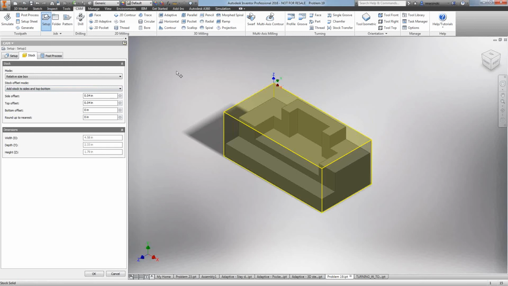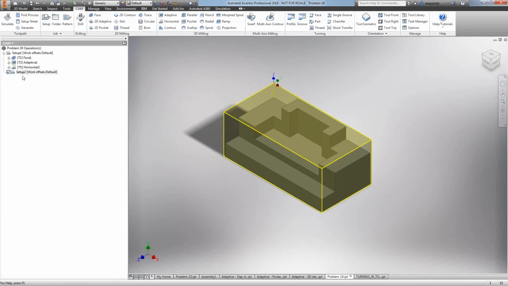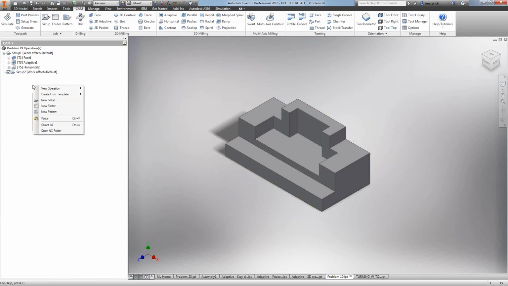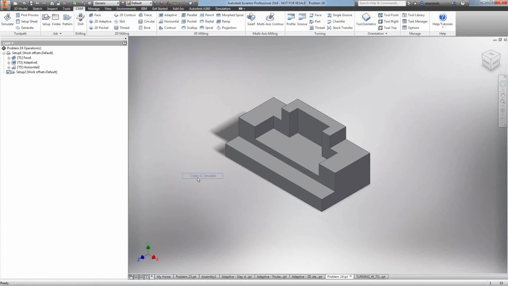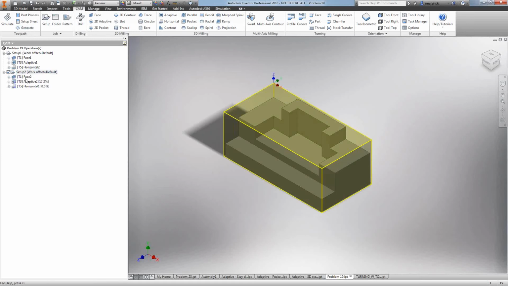Well, let's keep the defaults here. So we've got a setup, and then I can go down, right-click, and do Create from Template. There's my prismatic parts. I can do create all templates or just a single operation. You'll see a bunch of red X's here. All I have to do is select the setup and click Generate Toolpath, and it's going to update all these